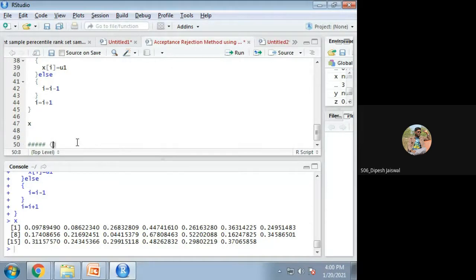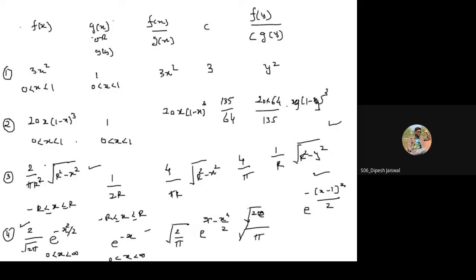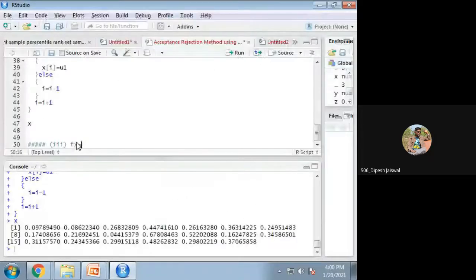Now the third case. What is the third case? fx is given as 2 upon pi r square into sqrt of (r square minus x square).